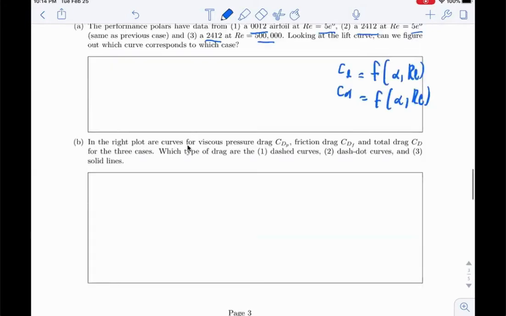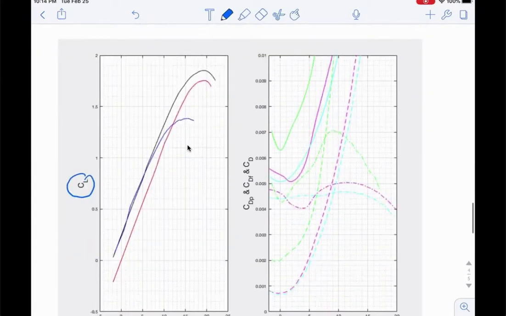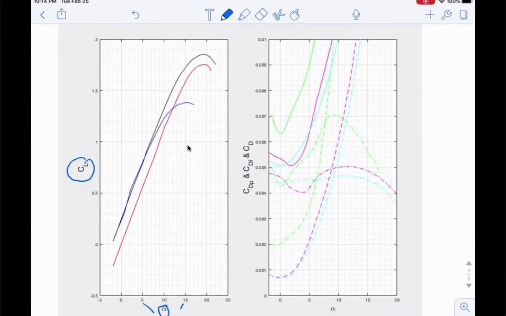So the first part of the question asks, which curve corresponds to which case? And so we will look at the lift curves here, which corresponds to which case. So we have 3 cases. The first was, I think, the 0012 at a Reynolds number of 5 million, then a 2412 at a Reynolds number of 5 million, and then that same foil, 2412, at the lower Reynolds number. And so we have,